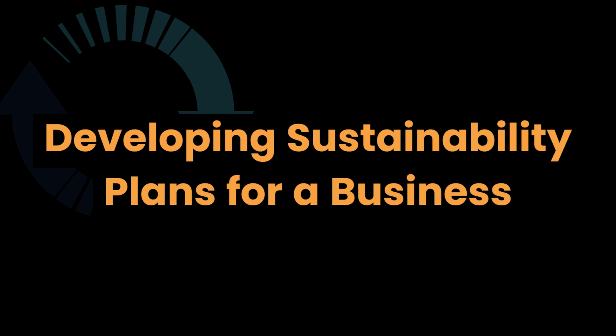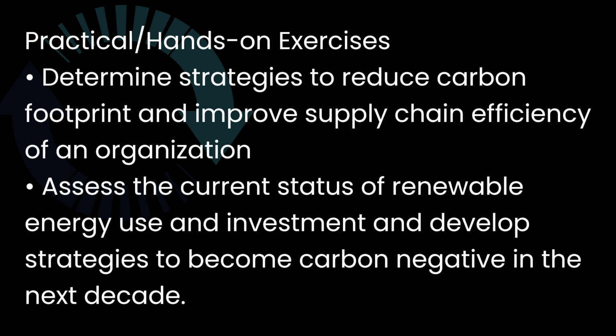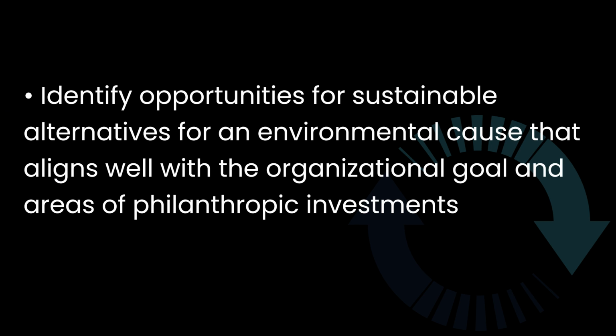In this course, we will cover practical or hands-on exercises like determine strategies to reduce carbon footprint and improve supply chain efficiency of an organization. Assess the current status of renewable energy use and investment, and develop strategies to become carbon negative in the next decade. Identify opportunities for sustainable alternatives for an environmental cause that aligns well with the organizational goal, and areas of